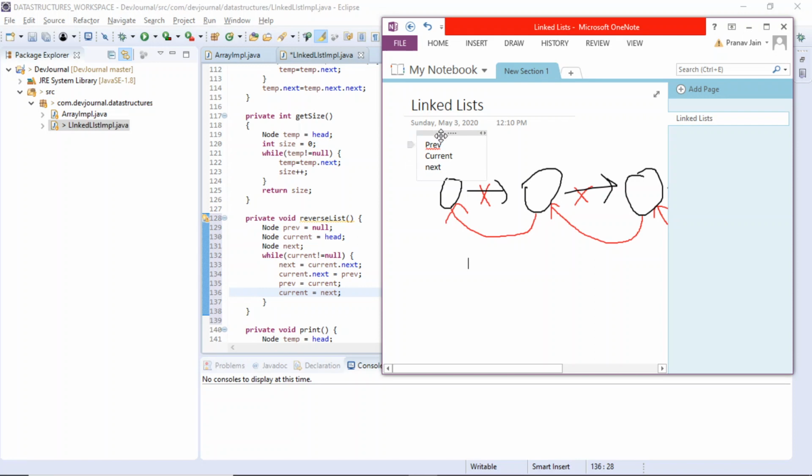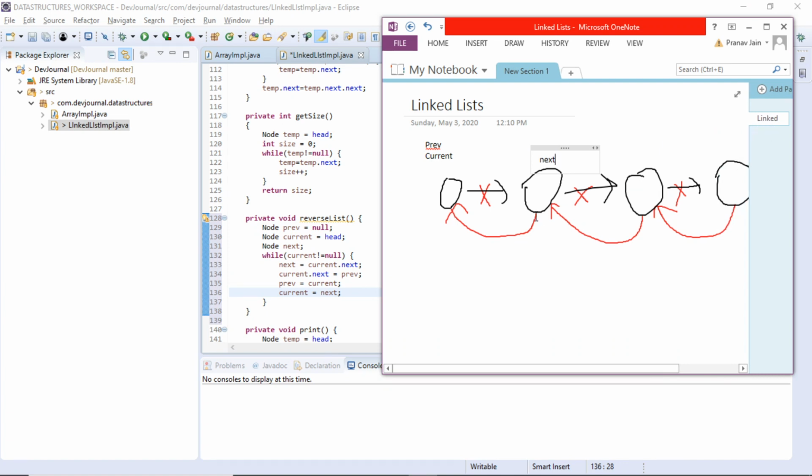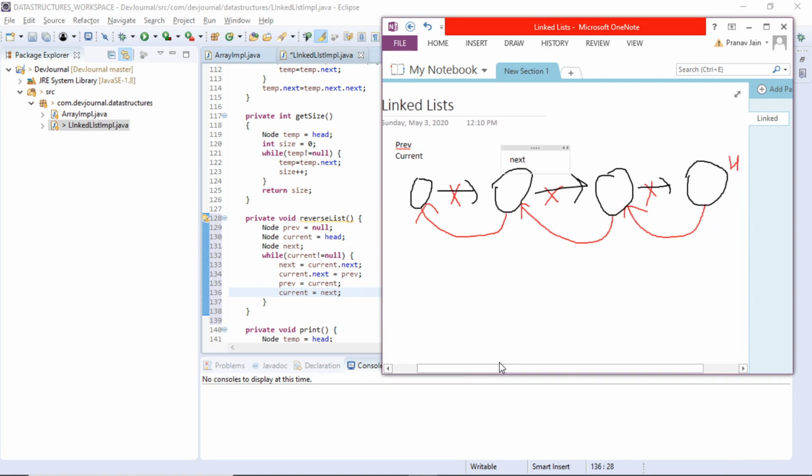So previous is here before the node, current is here, and next is nowhere right now. We enter the loop, next becomes current dot next. So my next becomes this. This is my next now. Now what I do, current dot next equals to previous.